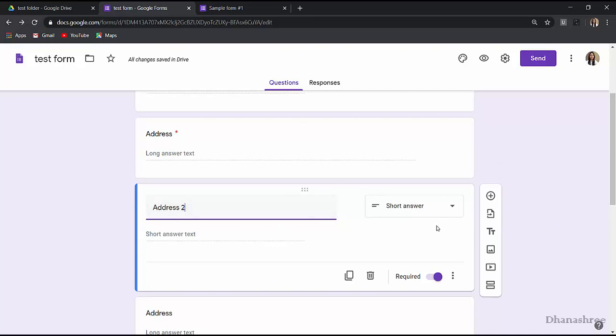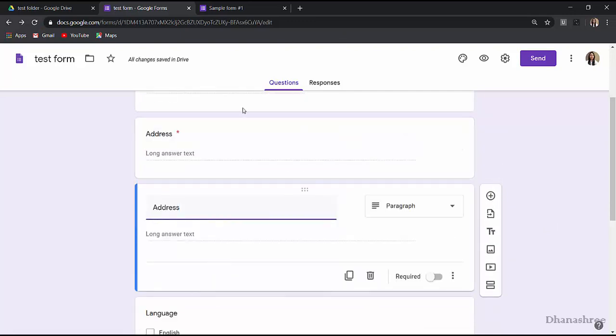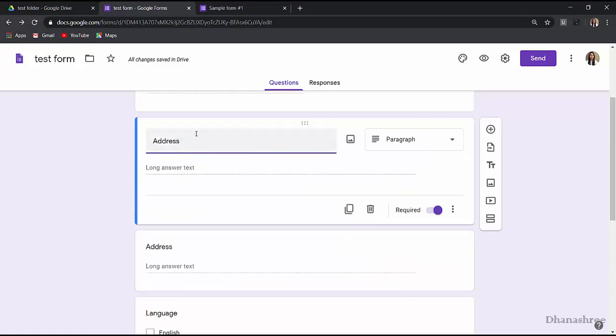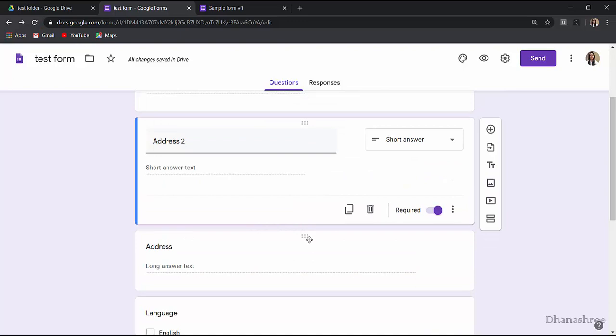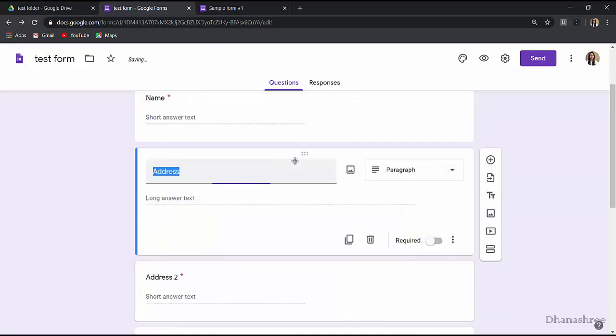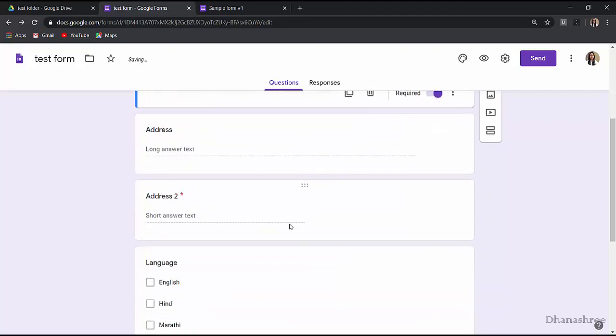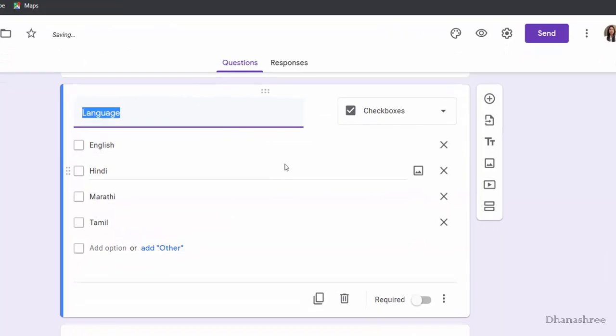If you want to delete any question, just say delete. If you want to edit any question, just click on a question and start writing. If you want to rearrange the order of a question, just drag and take it wherever you want.